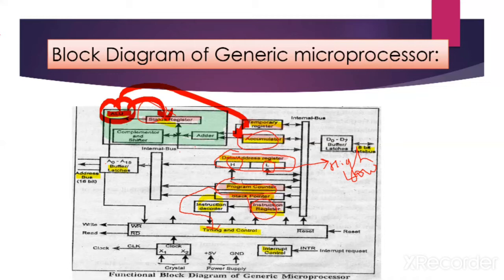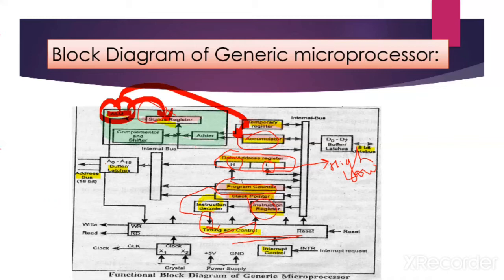Next is instruction decoder. This interprets the content of the instruction register and determines the exact steps to be followed in executing the entire instruction. It directs the control section accordingly. Next is timing and control unit. This section receives the signal from the instruction decoder to determine the nature of the instruction to be executed. Timing and control signals are sent to all parts of the microprocessor.